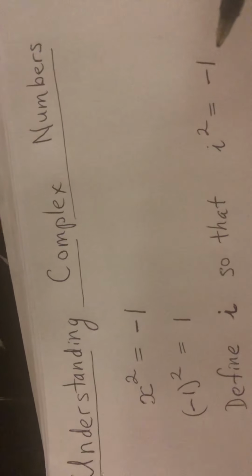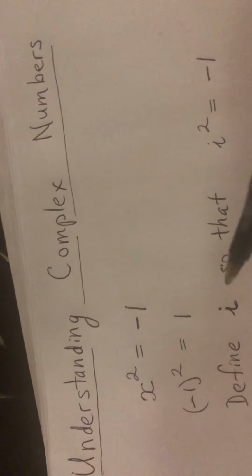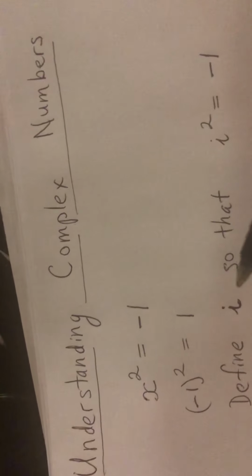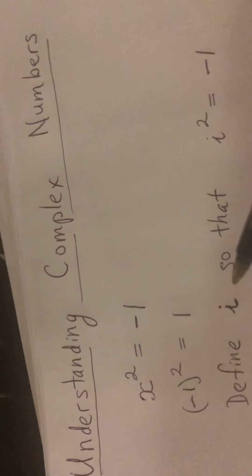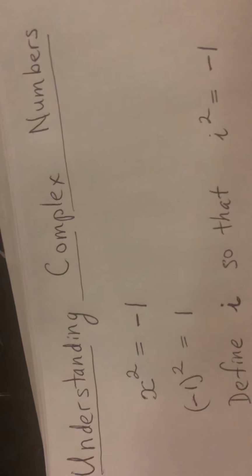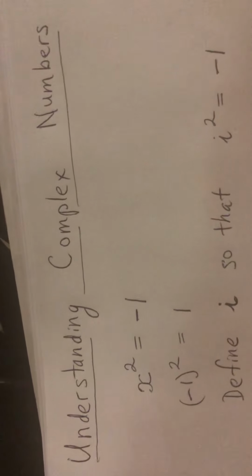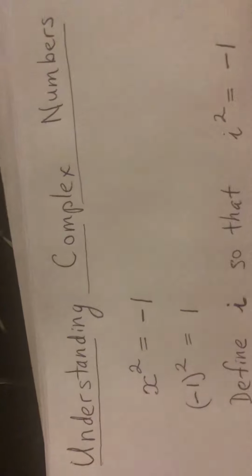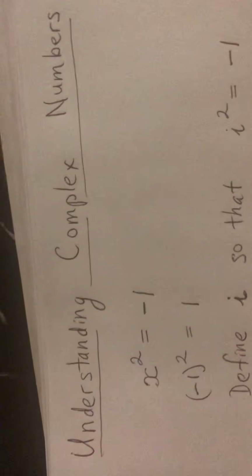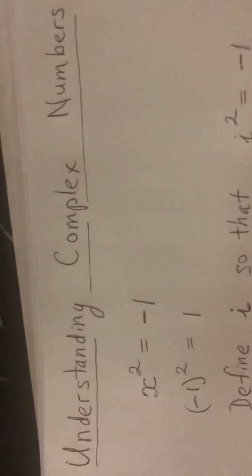And this is what I mean. If we have this i floating around, how can we all of a sudden just welcome it to our family of real numbers and say it can play nicely with our real numbers, with all the properties that we know, like the associative law, the commutative law, and the distributive law that we know and sort of understand for real numbers? So again, what this series of videos is going to try to do is help us understand complex numbers.